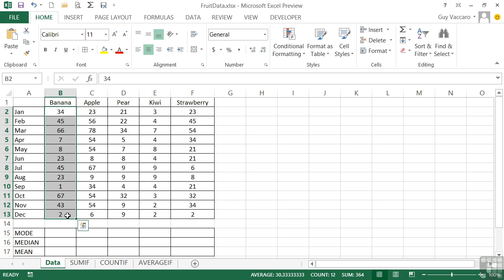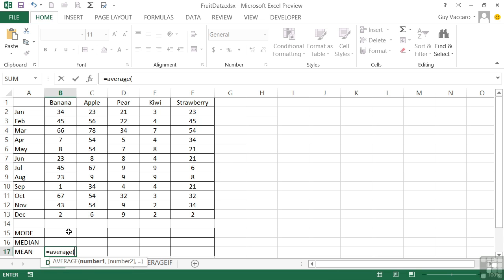That's the median. The mean, which is the most commonly known one that we work on as an average, is effectively the total of all the values divided by however many there are. So in our case here, there are 12 values. It will total all of those up and divide by 12. Now the mean function in Excel is referred to as average. So it's equals average,